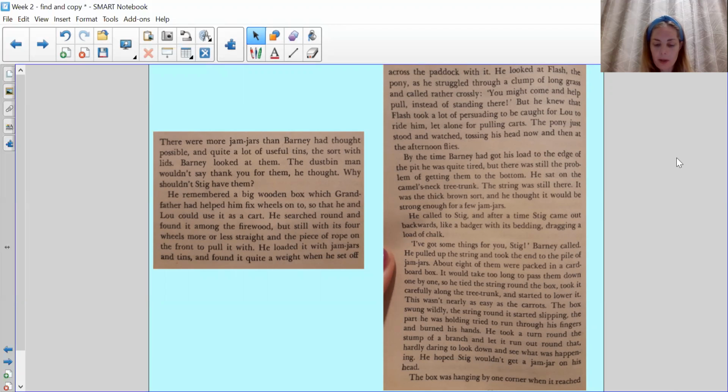He remembered a big wooden box which Grandfather had helped him fix wheels onto, so that he and Lou could use it as a cart. He searched round and found it among the firewood, but still with its 4 wheels more or less straight and the piece of rope on the front to pull it with. He loaded it with jam jars and tins and found it quite a weight when he set off across the